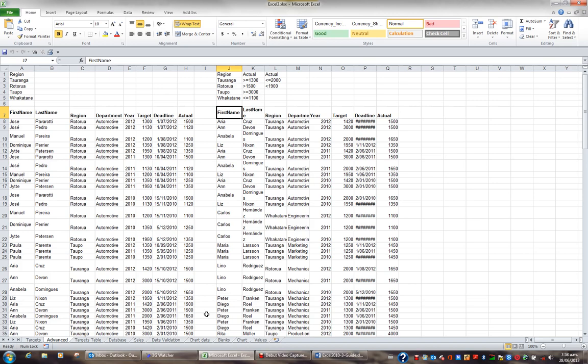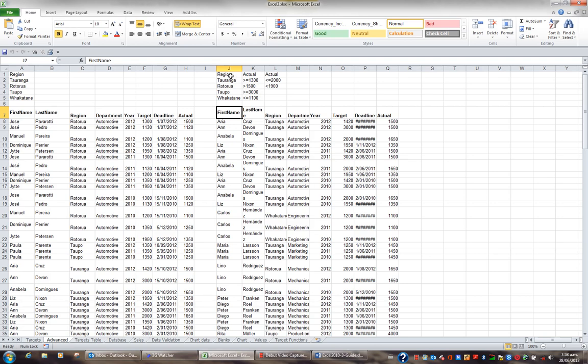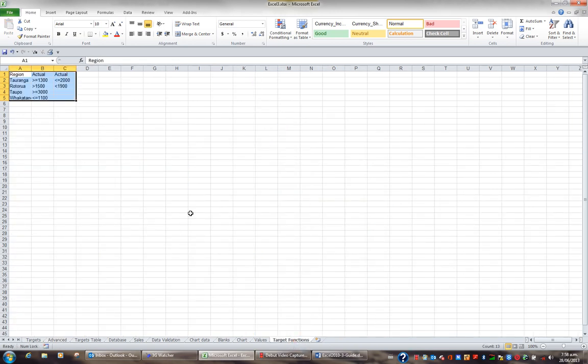For example, what I'd like to do is insert a new sheet, so I'm going to hit the Insert Worksheet button. I'm then going to name that sheet Target Functions. I'm then going to create a criteria, and I'm actually going to use one of the criteria we made earlier. Back in the Advanced sheet, we created a criteria starting in J1. I'm going to take a copy of this information and paste it into my Target Functions sheet. I'm then going to name that range Crit8